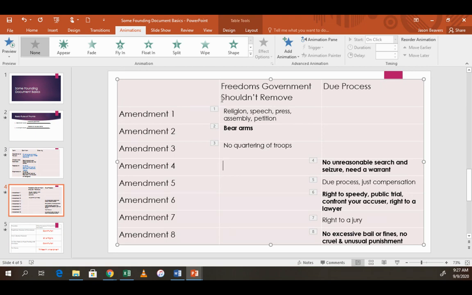So these are rights that the government shouldn't be able to remove. Individual freedoms that we should all have. Now, due process does protect rights, but